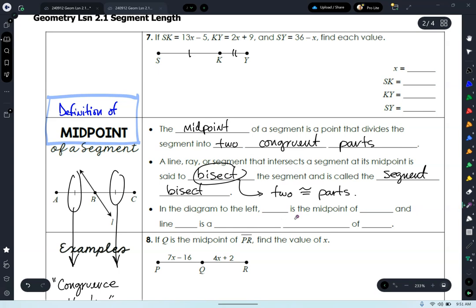Why don't you write in, what do you think goes here? Is the midpoint of and line